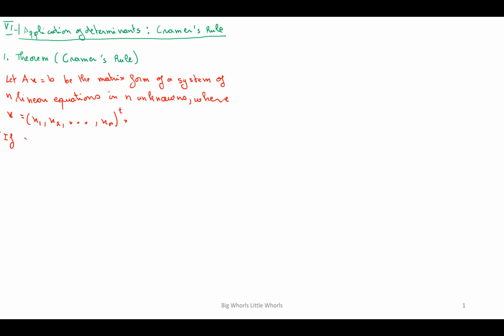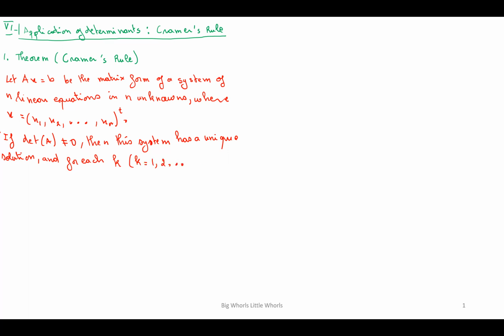So if the determinant of A is not equal to 0, that is, if A is non-singular, then the above system has a unique solution, and for each k equal to 1, 2, up to n, we have xk equal to the determinant of Mk over the determinant of A, where